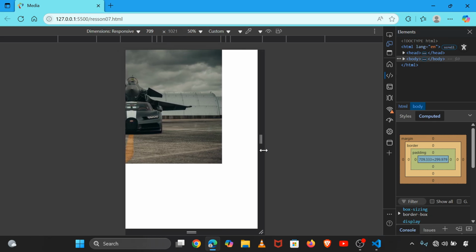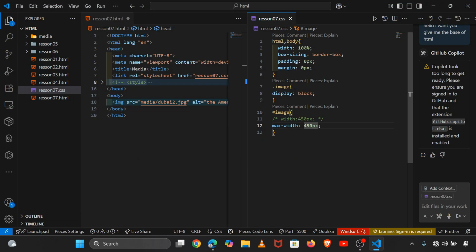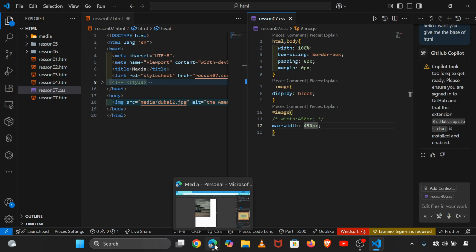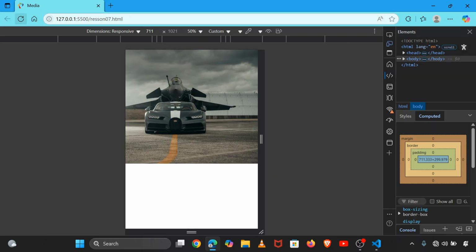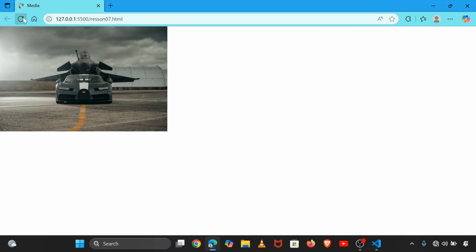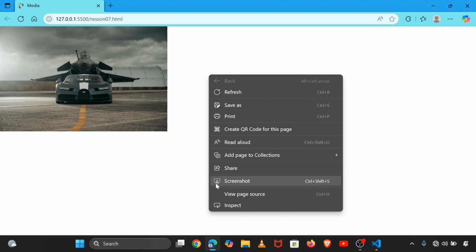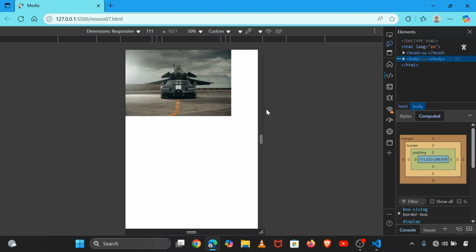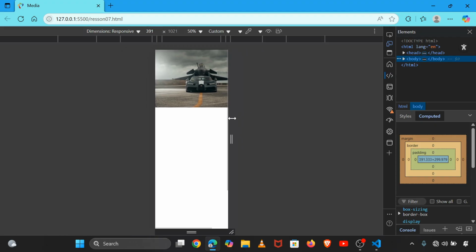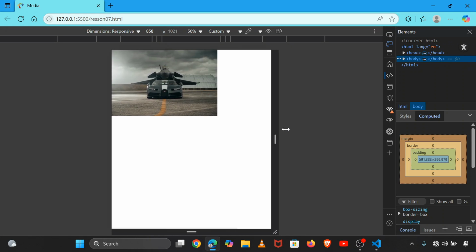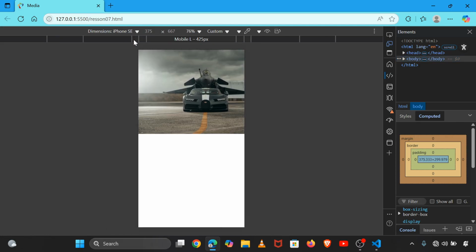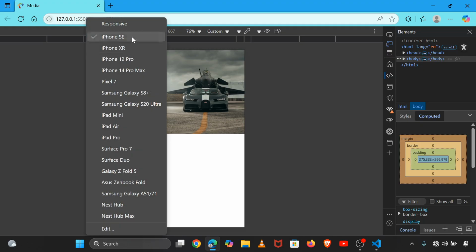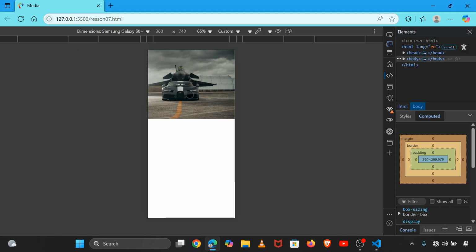What is the problem that is happening here? Max width, what is going on? Let me first do something here. Yes, it is now loaded. And now we can see our picture is working with different sizes of items. When you come here, you see that the image is somehow responsive inside this, and now